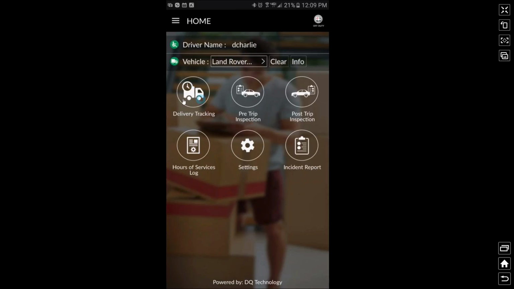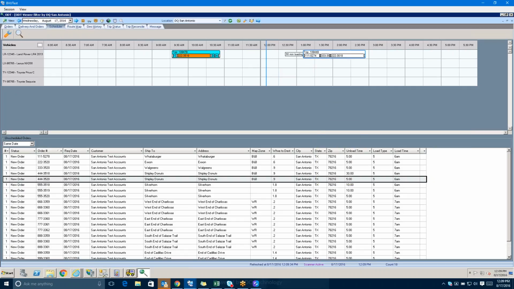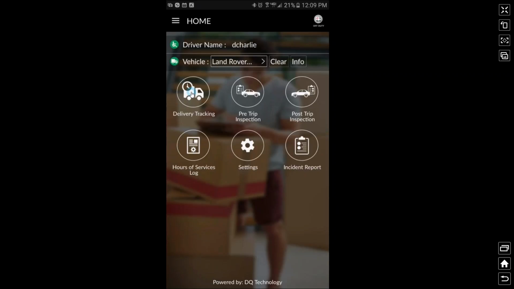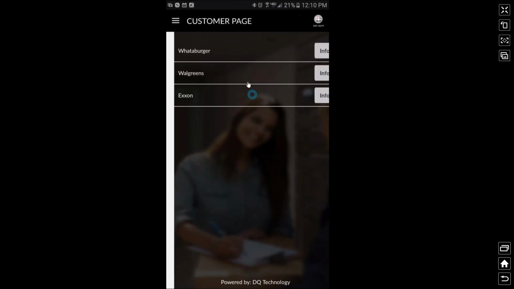I'm going to start with this delivery tracking button, and then we'll work our way through the other 5 little buttons here in just a bit, so you can see what those are. On my initial trip setup, you'll see that it does give me the trip ID, tells me the orders that I'm all delivering, all of that. When I click into the delivery tracking button, it's going to go out and make a request to get that updated stop data. So you can see there's the stop information for that particular delivery effort, where I plan to,